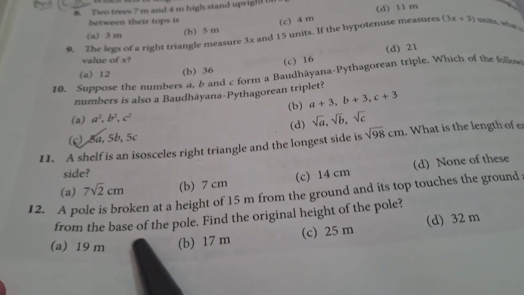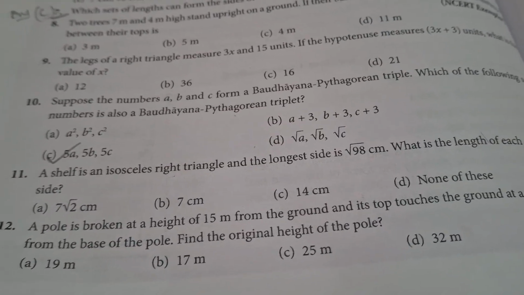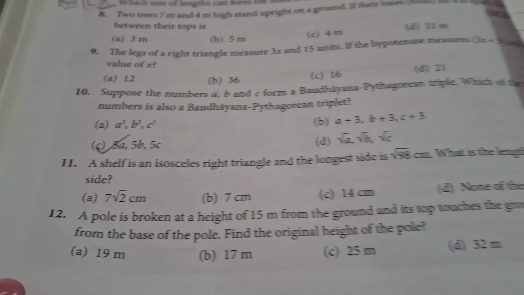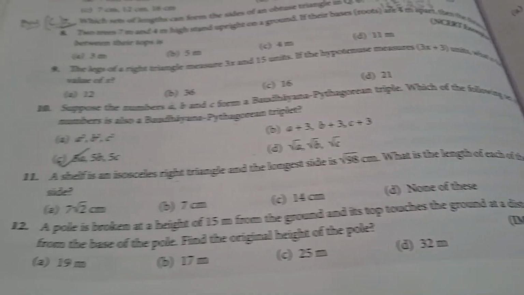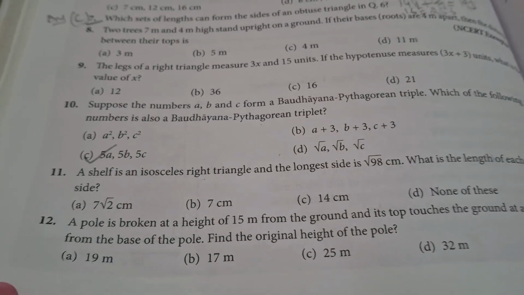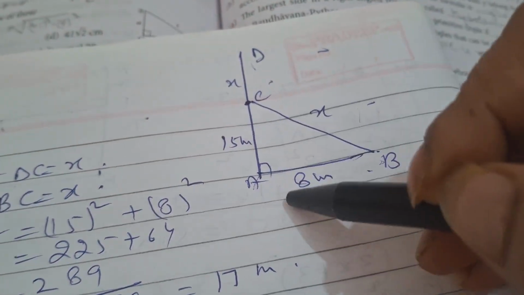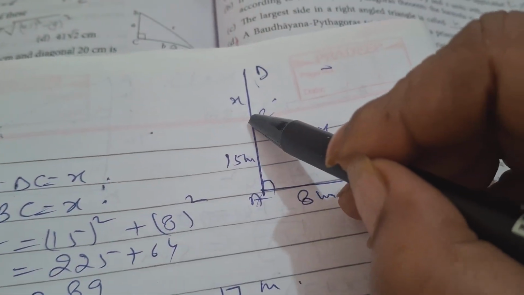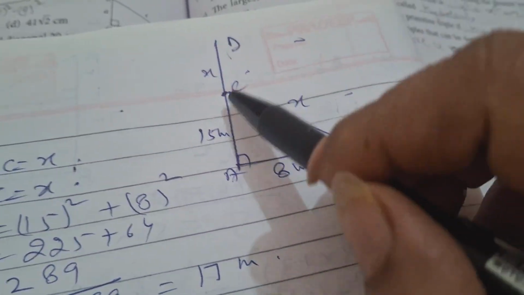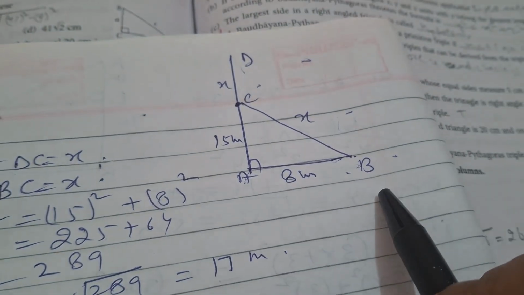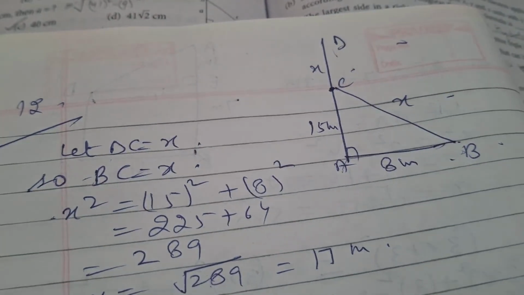Next, a pole is broken at height of 15 meters from the ground and its top touches the ground at a distance of 8 meters from the base of the pole. Find the original height of the pole. See, this is a complete pole and it breaks down at the 15 meter. So this part broke down and then touches the ground. So if its complete distance is x,